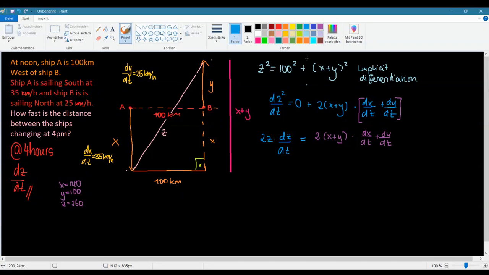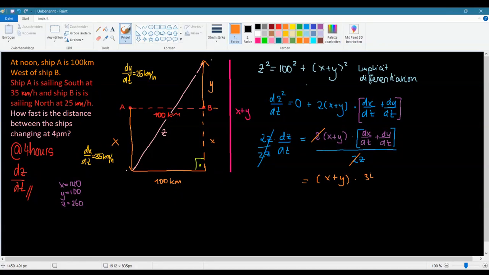But what I want to kind of make a point of is that we're trying to get this alone, aren't we? So we're going to divide by 2z. We're going to divide both sides by 2z, obviously. And we're going to therefore end up with the change in z over the change in time. So on this side, now we're going to start putting our values in. Well, first thing that we're going to realize, because this is together, is that we can get rid of these 2's, can't we? We can get rid of these because you're multiplying 2 by all of this. So you can just get rid of these 2's, and we're going to end up with x plus y